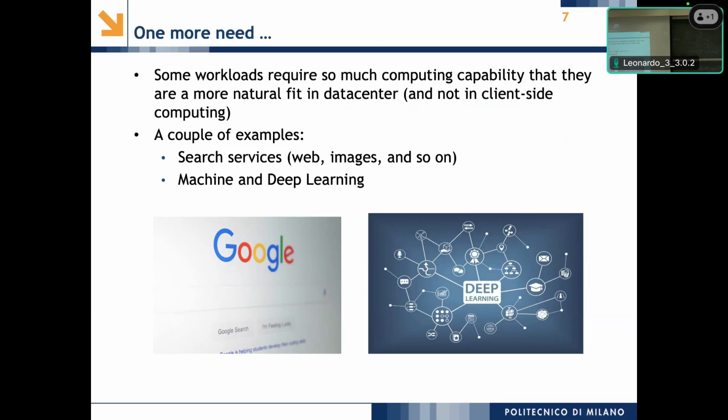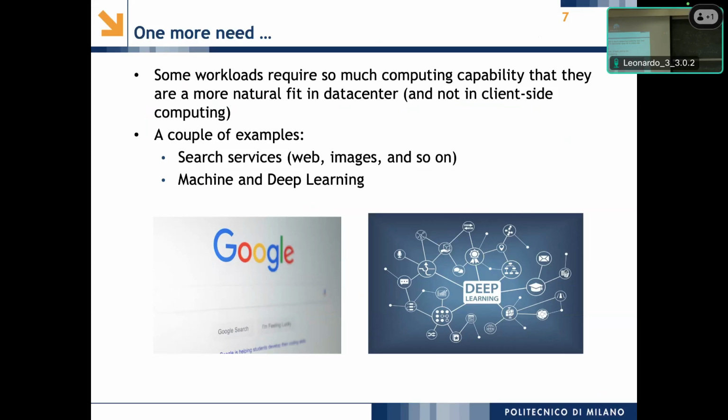Two extreme examples: search engines, for example. You know how search engines work nowadays. We have to gather all the web pages that are available on the internet, store the pages in one place, and perform some processing of each page, because there you have the keywords. You look for the keywords that you refer to in the search. Then you need some ranking algorithm, so that if I type in my keywords, I get just the most relevant pages.